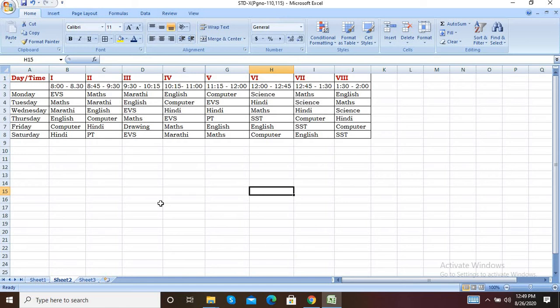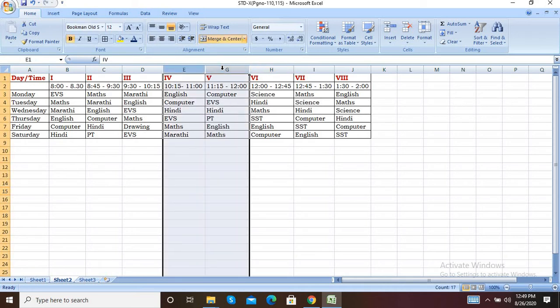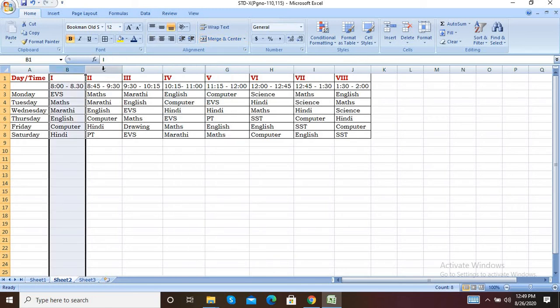Next thing is using the unhide column option, unhide the hidden column. So to unhide the hidden column, just select the first and the last column. For example, if your hidden column is here, you have to select this column and this column.